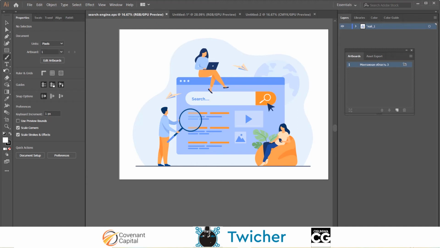So the crucial tool here is this selection tool, and the shortcut is V. That's one here. Selection is V. Then there is the direct selection. What do I mean by direct selection? Usually